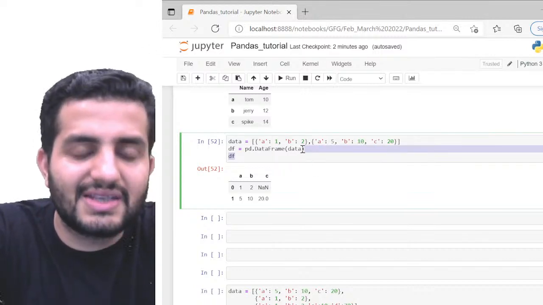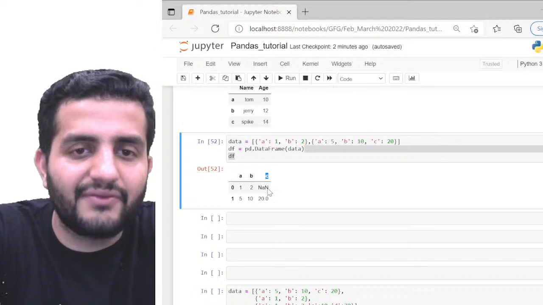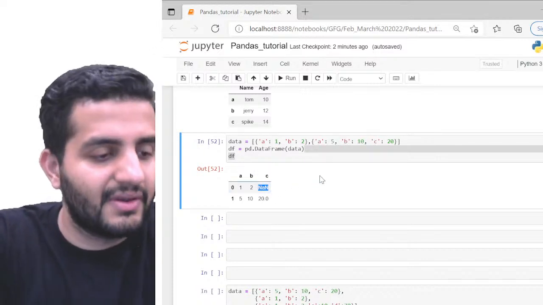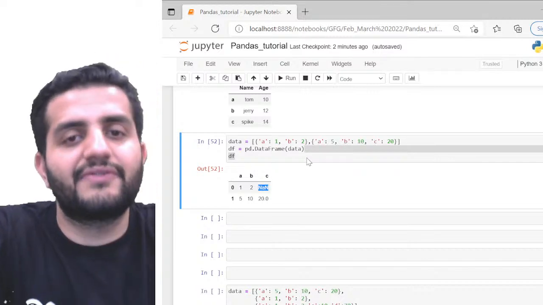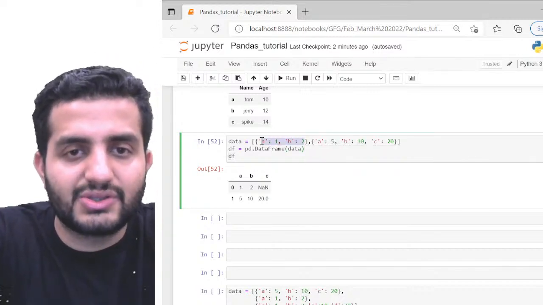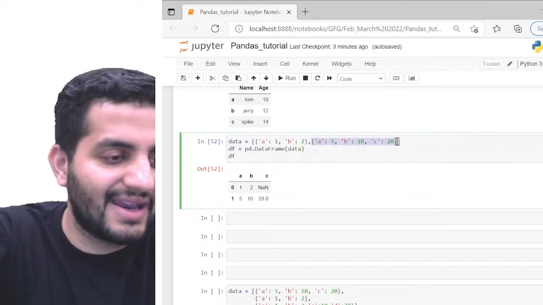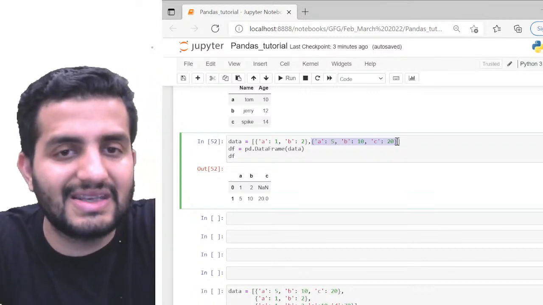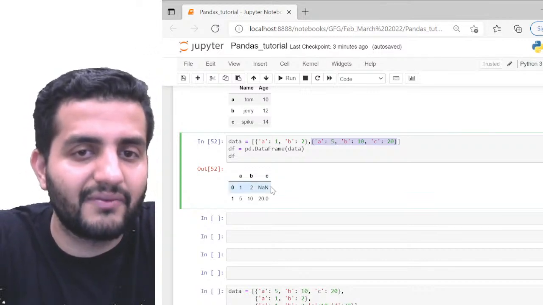So although C is getting added, for the first one C is not there, so it will be a NaN value. Making sense? Because for the first dictionary I do not have C, although I'm passing another key in the second dictionary, it has to be added here. For the dictionary where this key is not present, it still gets added, but with a missing value.